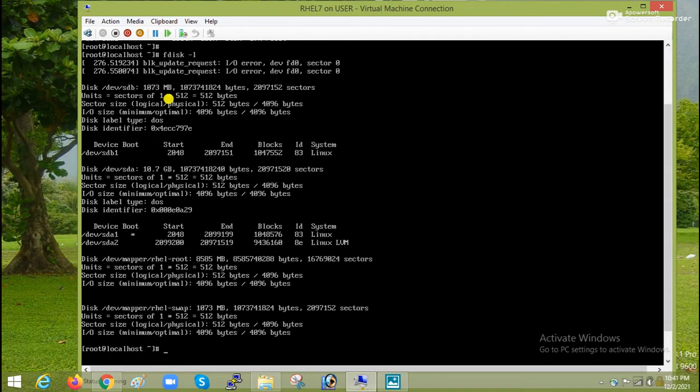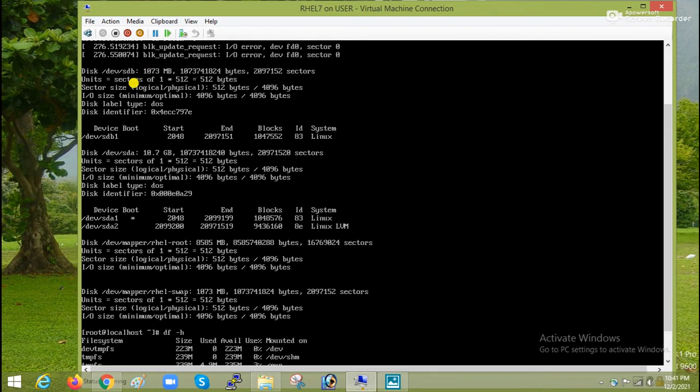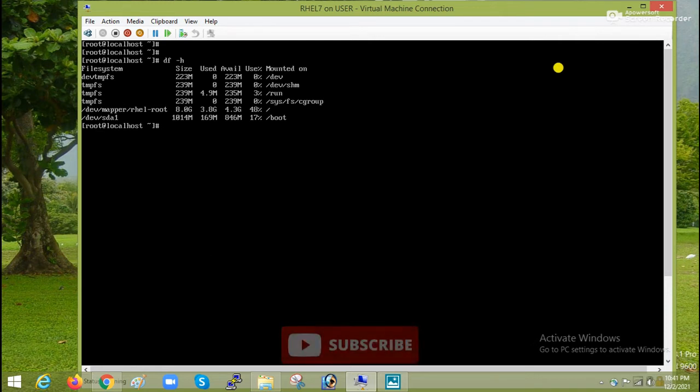We can see a partition sdb and sdb1. This partition does not show up when I give the command df -h. The sdb1 partition is not coming. That means there is some wrong entry in the fstab file.